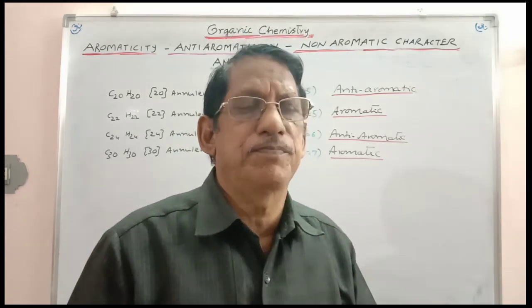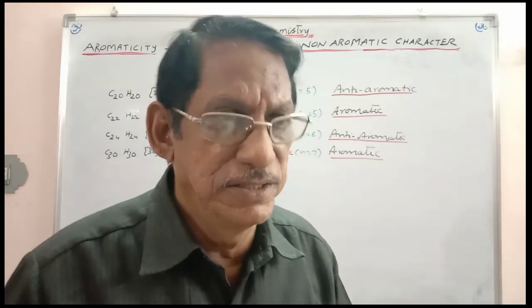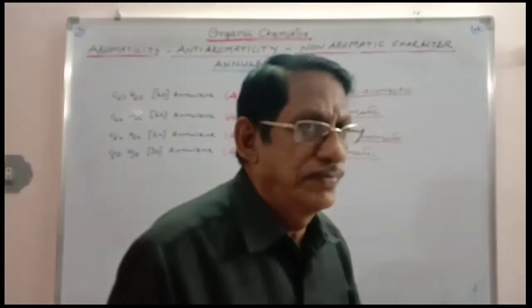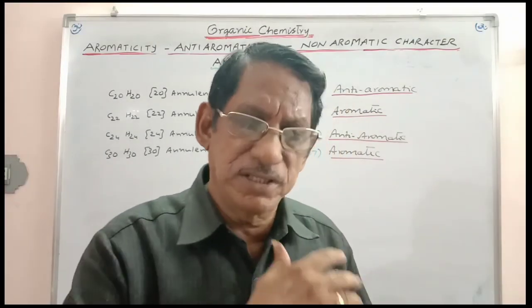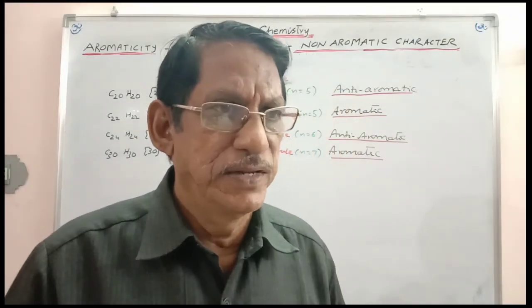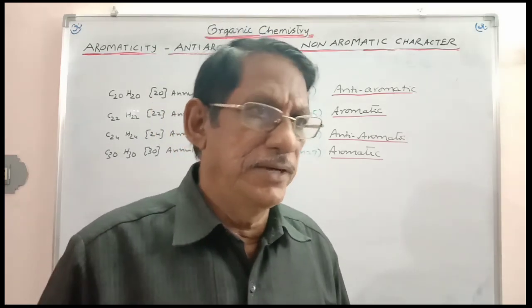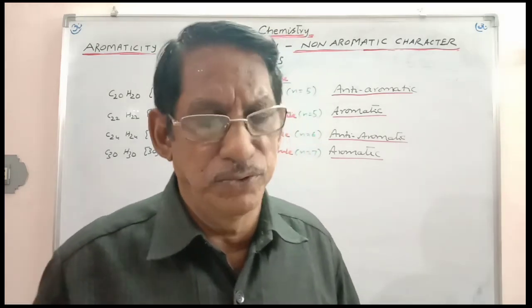This is the way you have to get information about the annulenes, their aromatic, non-aromatic and anti-aromatic character. There are certain peculiar cases in these annulenes. You have to remember those. And for the remaining from 18 onwards, certainly you can take into consideration that the structure is planar, and you can write the applicable Huckel rule also.